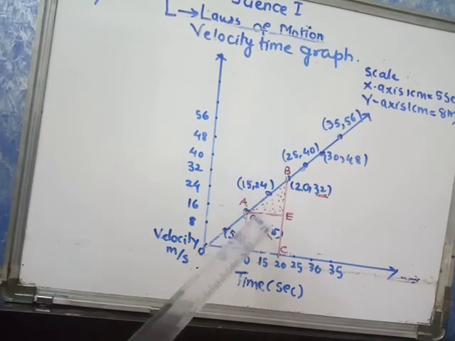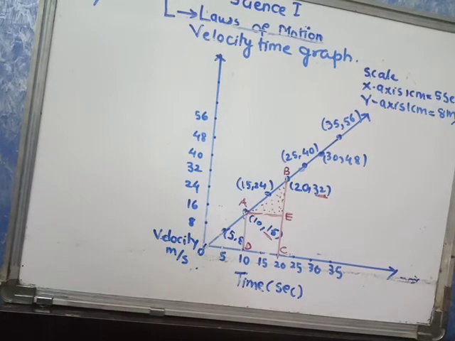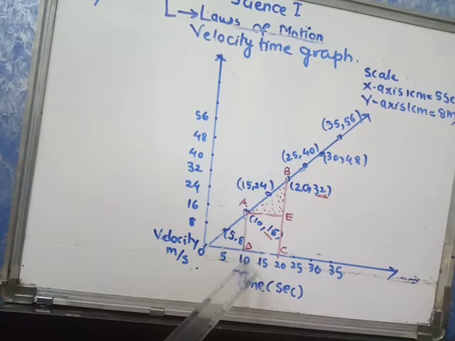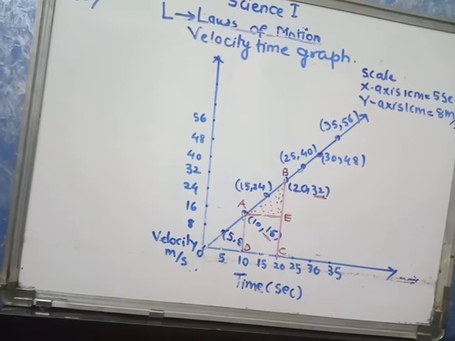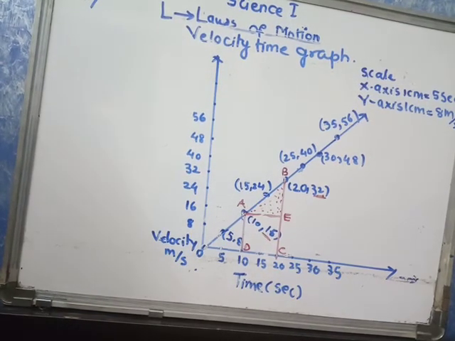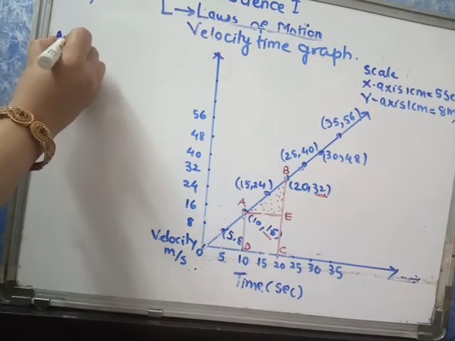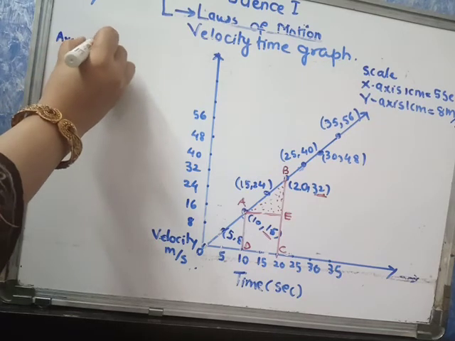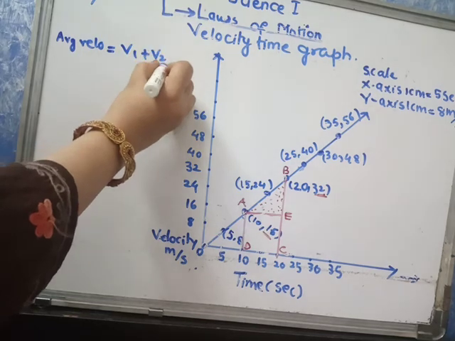Let the car change its position from point A to B. We can determine the distance covered by the car between the 10th second and 20th second. From the graph, the average velocity of the car is average velocity v1 plus v2 upon 2